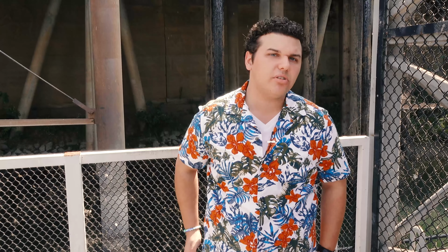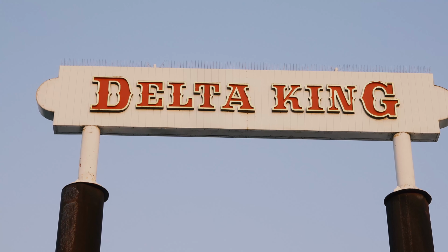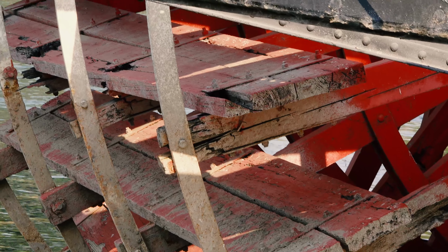Immediately, the Delta King was added back into the Navy as an ambulance ship, taking in wounded soldiers and getting them to hospitals on land for the duration of the war. After the war, the Delta King was sold a number of times and was set to become a sightseeing boat